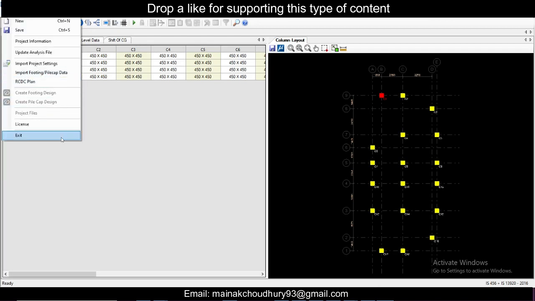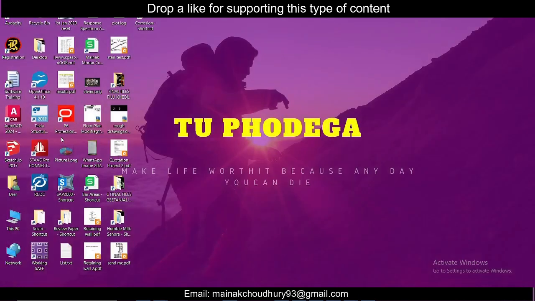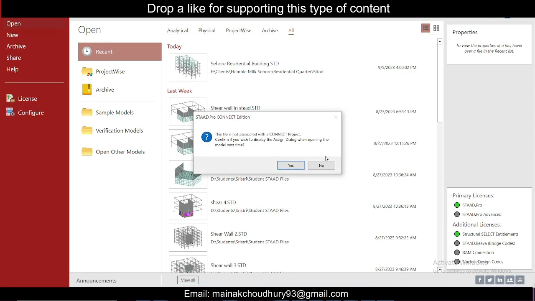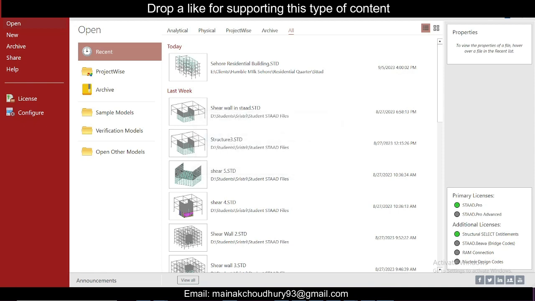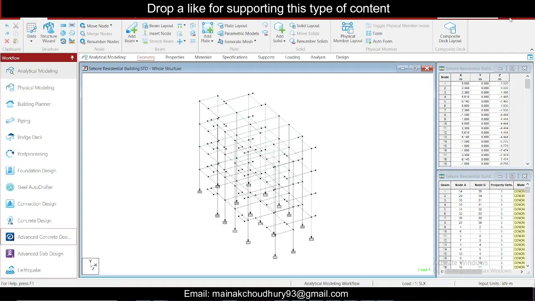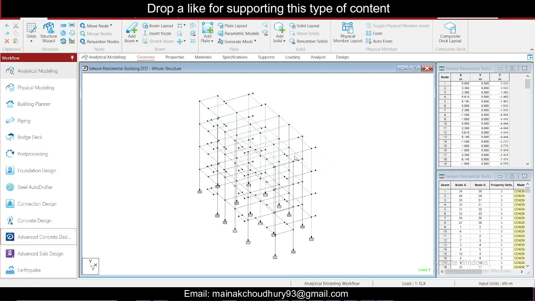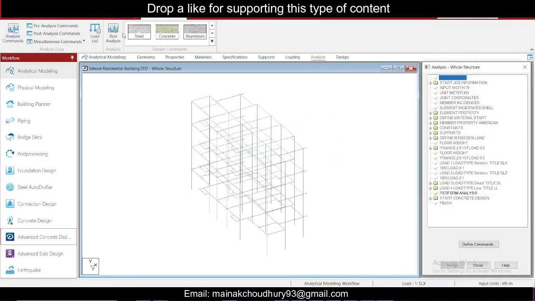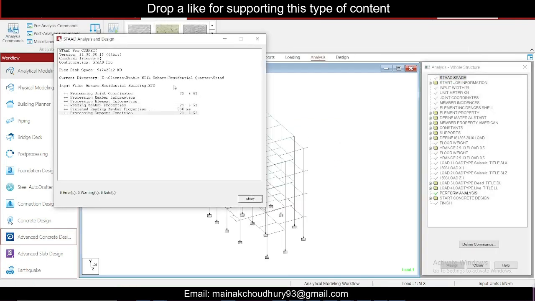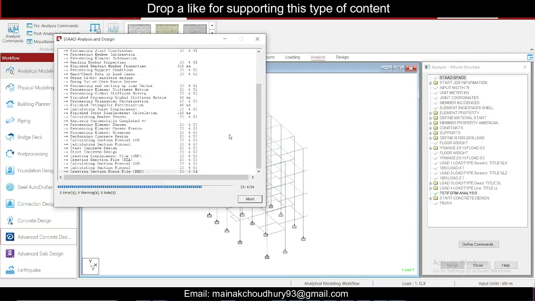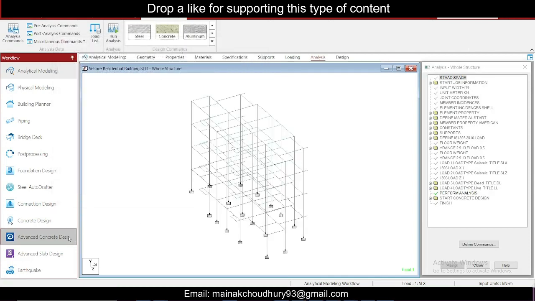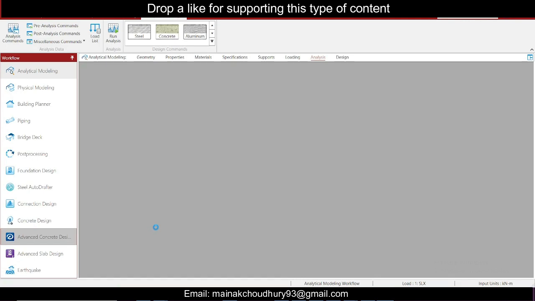Okay, we can exit this as well, then we'll close this Advanced Concrete Design. Okay, so I have just reopened the file, so that's why it is necessary to be done again. No problem with that. So Advanced Concrete Design once again, and here we will go